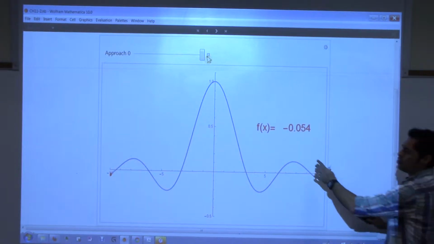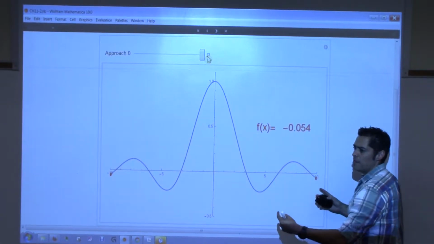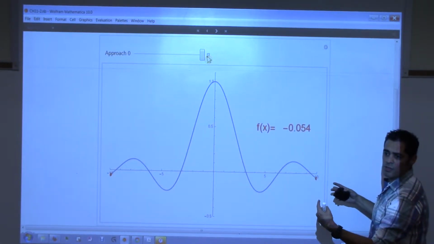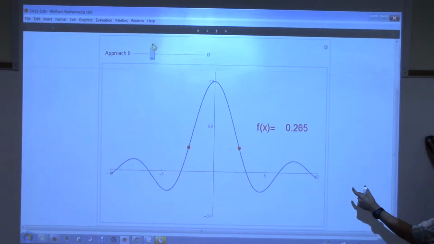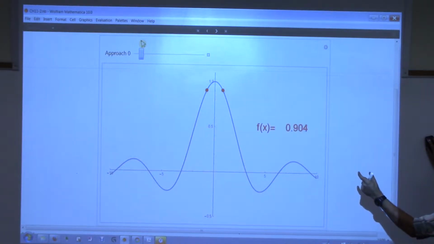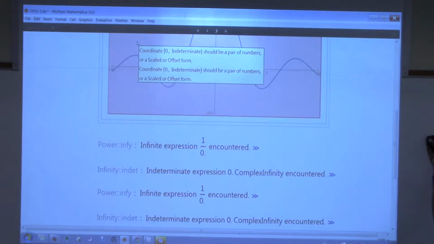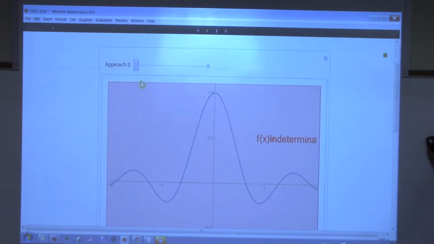So here's some function. And what I'm going to do is I'm going to let my x values get closer to 0. So here I go. Notice the points on the graph, right? As my function gets closer, the x values get closer to 0. What is the function approaching? 1. Well,